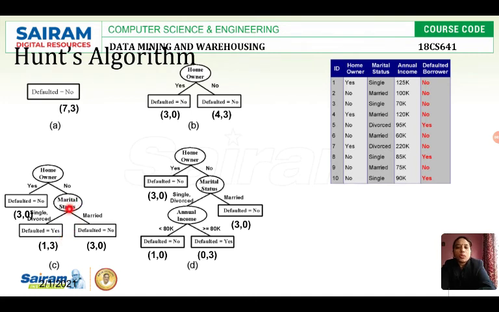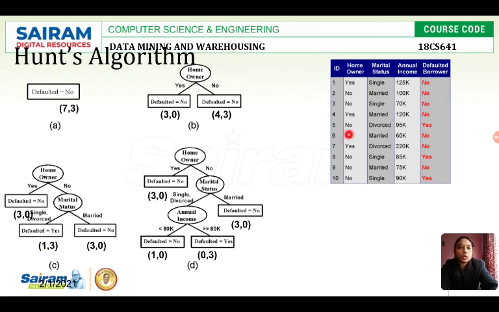They are not homeowner but they are single or divorced and they are not defaulted borrower. Is there any case like that? Yes, only one case is there, so we have put 1 here. See here, which is that case we will find?